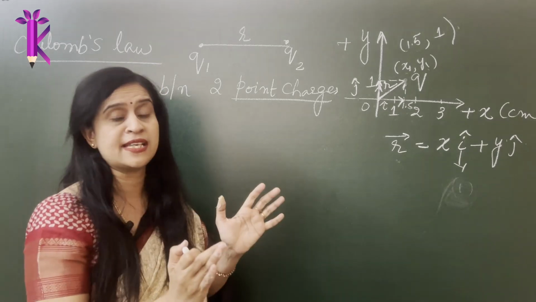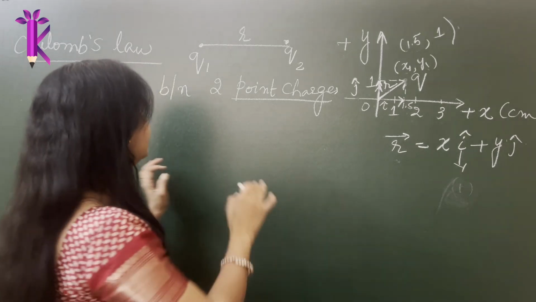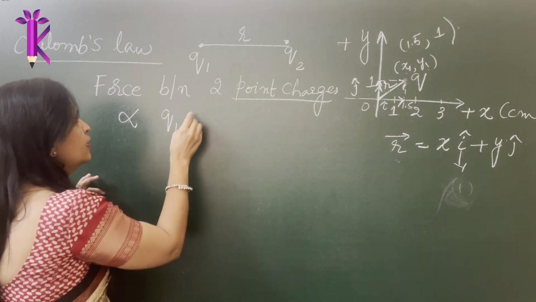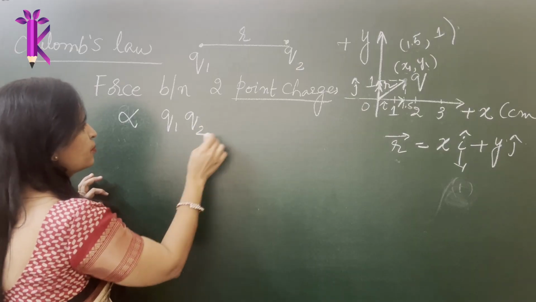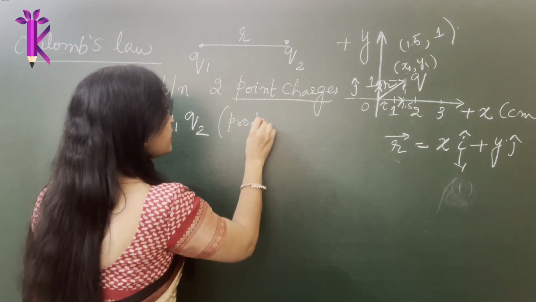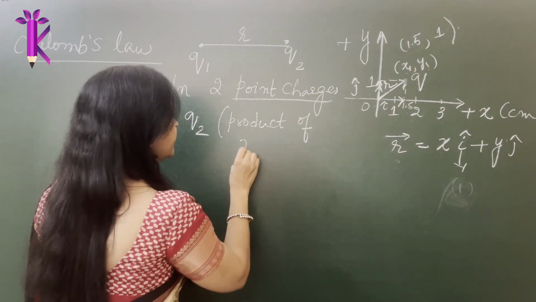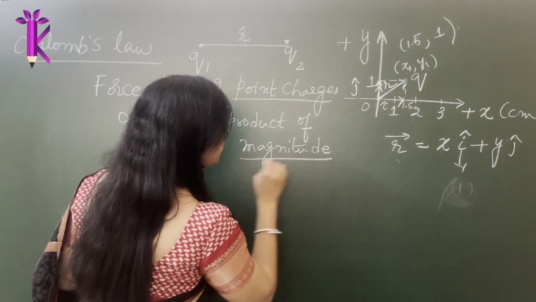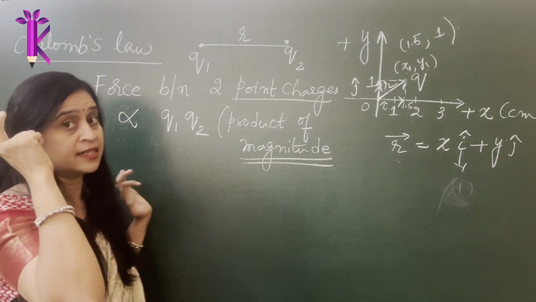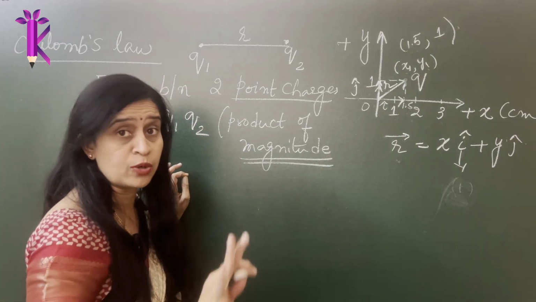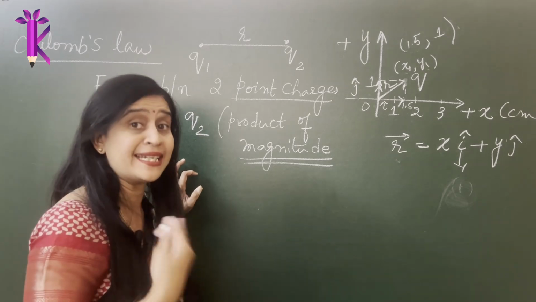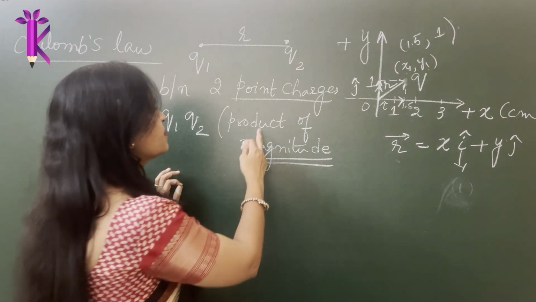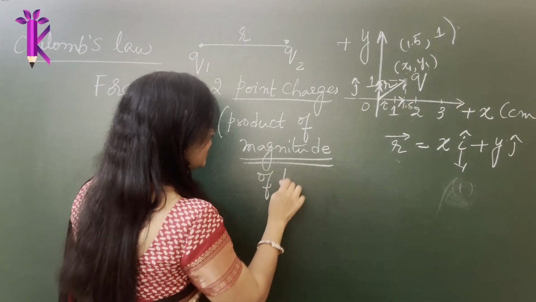So it is very much essential for you to pinpoint and say that the force between these 2-point charges varies directly as the product of the magnitude of the 2 charges. It is very, very much essential to write product of magnitude. Please underline this line, keep that here, register it so that you make no more mistakes whenever you have to state the law and whenever you understand. You really have to understand, because it becomes really easy to solve the numericals. So product of magnitude of the 2 charges.